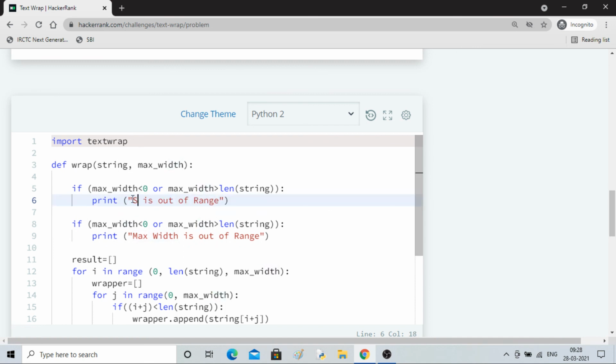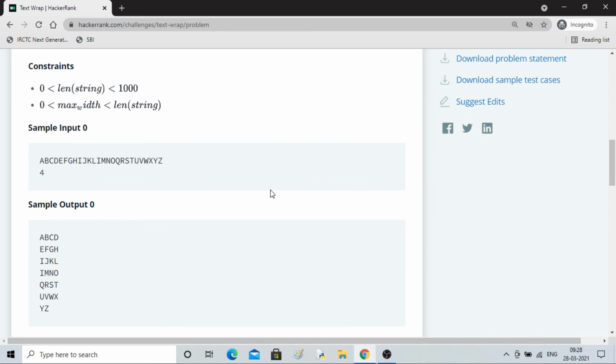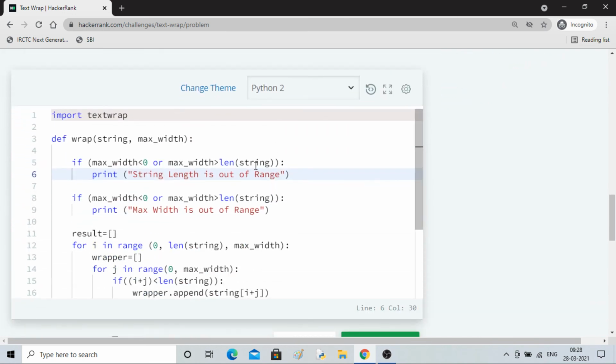String length is out of range when string length is less than 0 or greater than 1000.